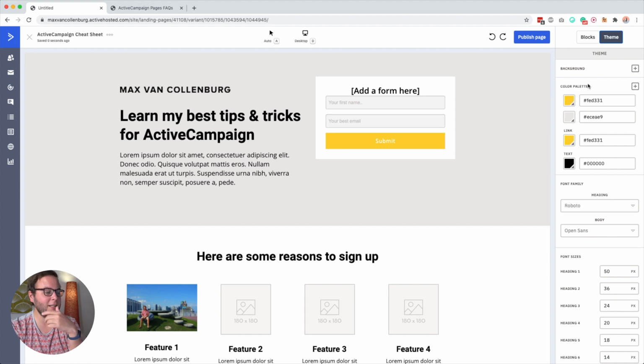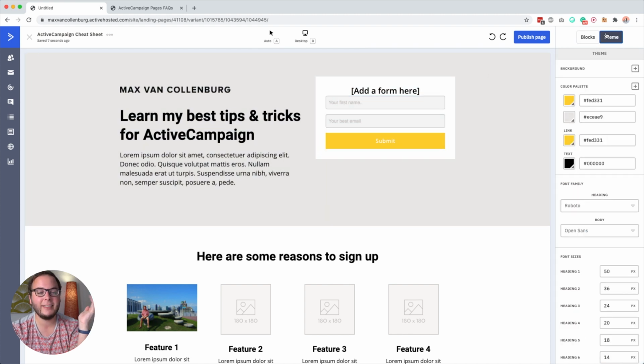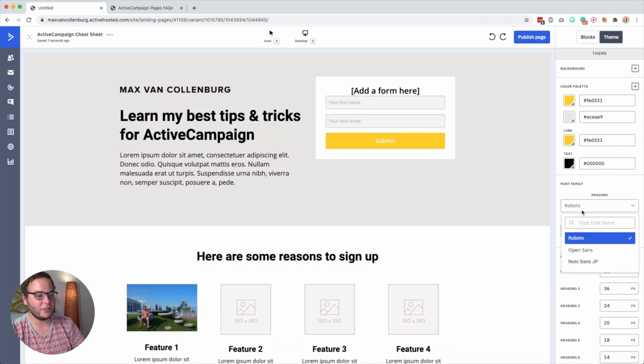So then, okay, I completely missed this. So here we have blocks, right? This is what we just added over here. And then here you have theme. Okay. So we have theme over here, and this is probably the background for the whole website. That's also what I just changed earlier. Font family, so we can also just change the font over here.